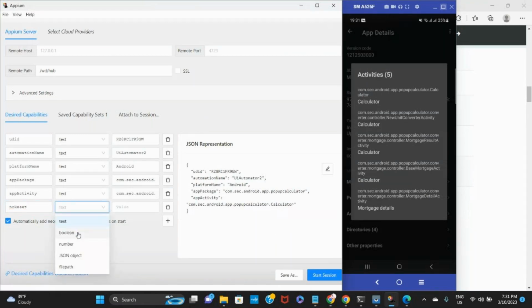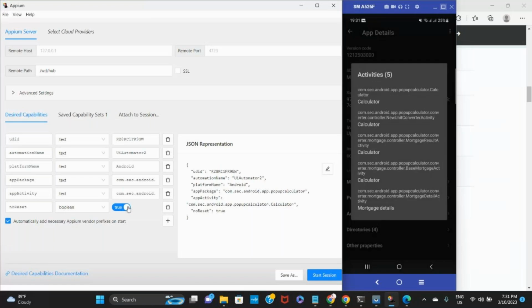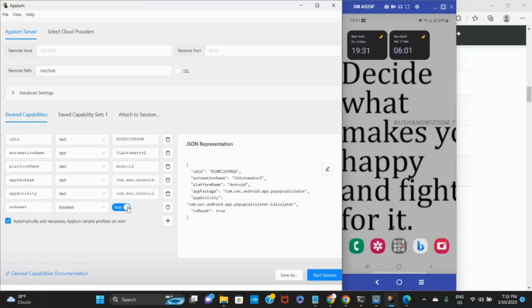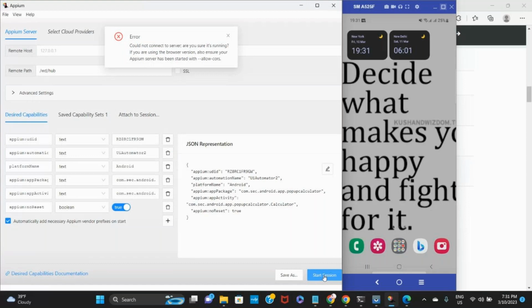So I'm setting this as boolean, and I'll keep this as true. I'll mark this as true. So this noReset equal to true will not actually reset your app. If you don't set this to true, it will just bring your app to its installation state. When you freshly install an app, how it looks, how it will be, to the same state it actually goes back when you don't set this noReset equal to true. Okay, so now when you click on start session, if all the capabilities are sufficient, you would actually see